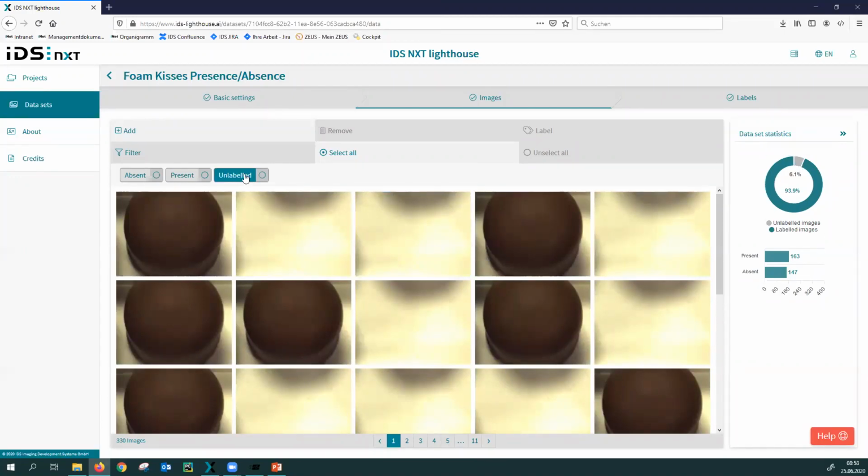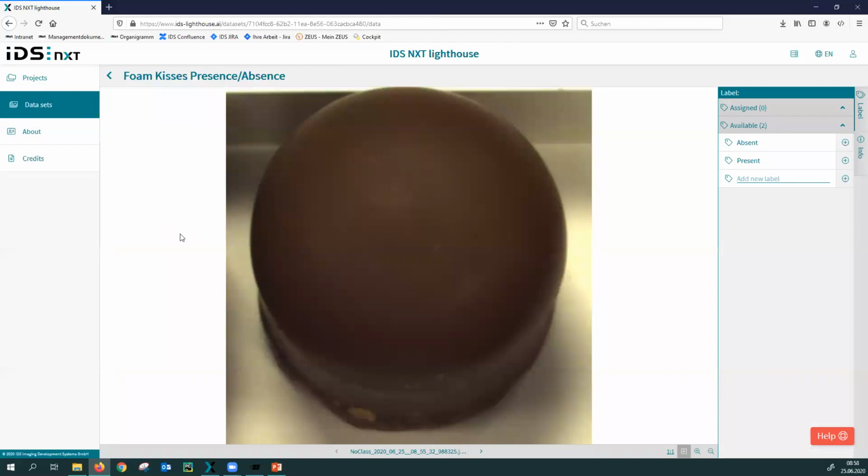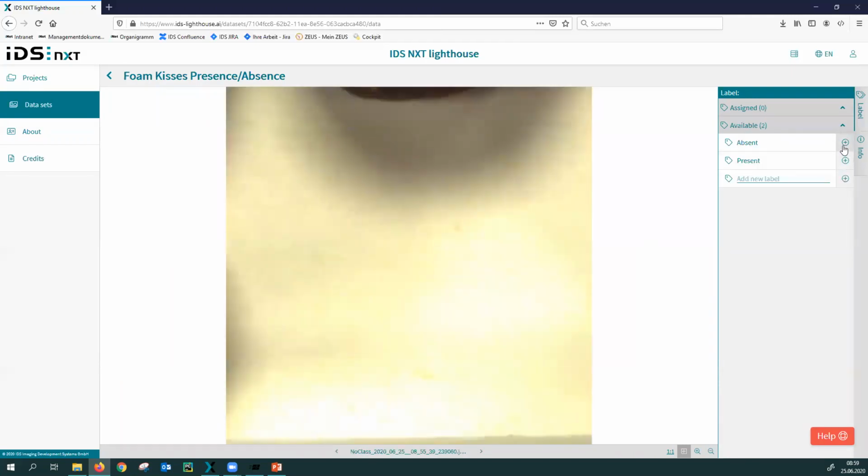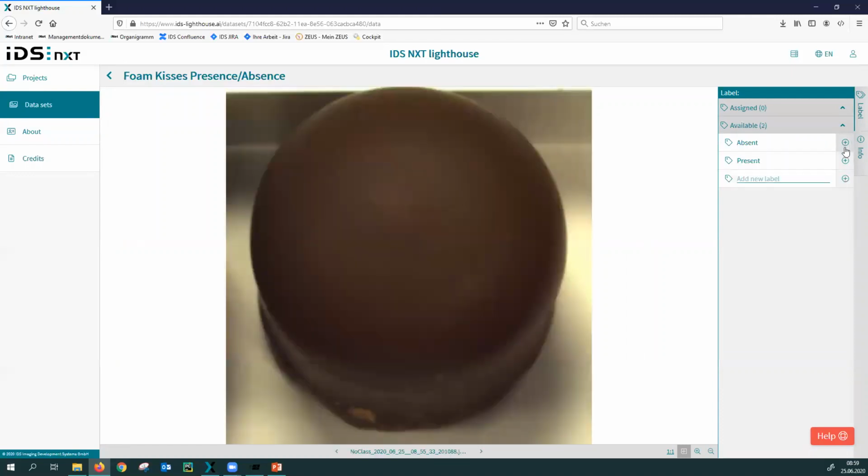So I can filter for these unlabeled images, and I can get to a full screen view of the images just by clicking on them. And in this view, I can simply add labels and navigate through the data set until I'm finished. But I think you get the concept, so I'm not labeling all the images right now.